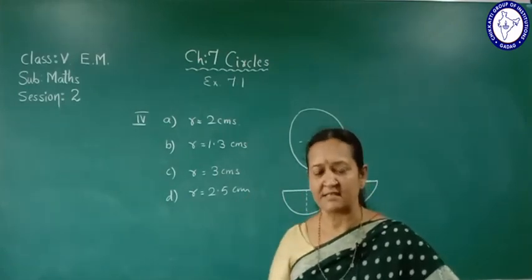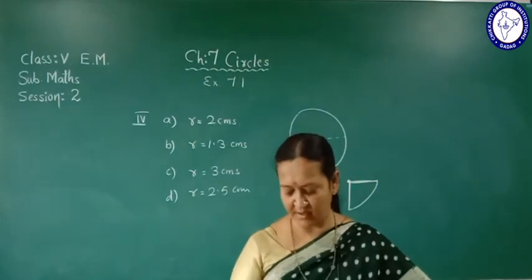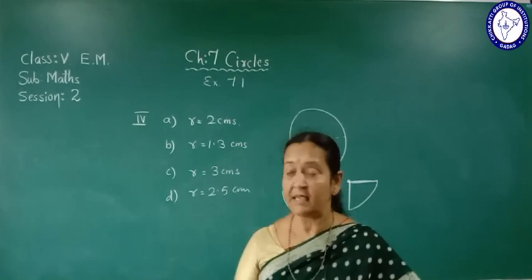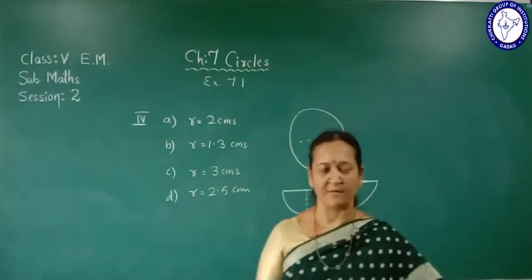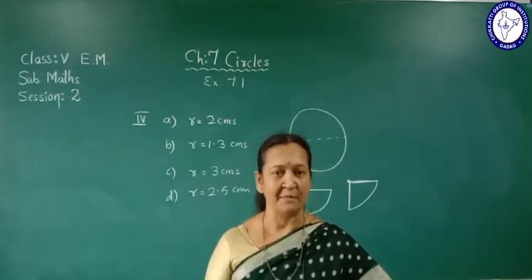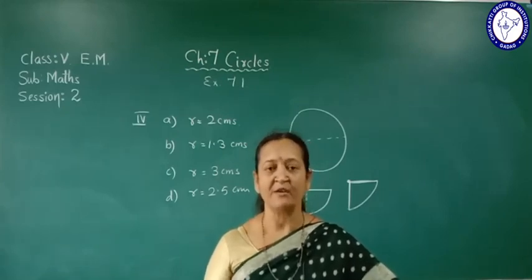So in our next session of this lesson circle, we are going to learn construction of a circle of given measurement. Here if a measurement is given, draw a circle of 2 centimeters, draw a circle of 2.5 centimeters, draw a circle of 5 centimeters. Then how to measure it and how to draw it, that we are going to learn